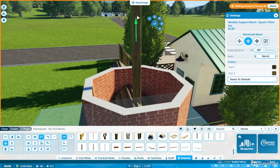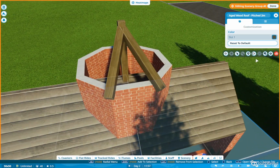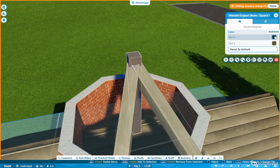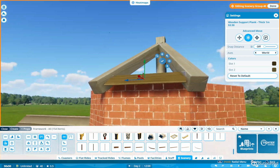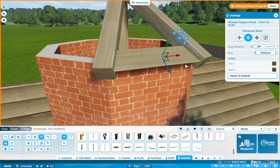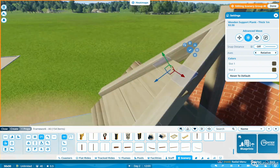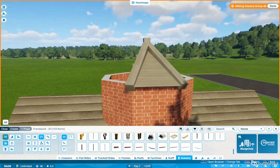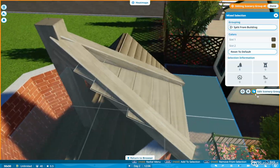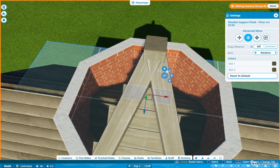And plus this little top area that I'm building right now. I'm doing a custom roof up here at an angle. I don't know, why am I blanking? But yeah, I'm doing a custom roof up here, and I like the way it generally looks, but to be honest, it comes out looking really ugly